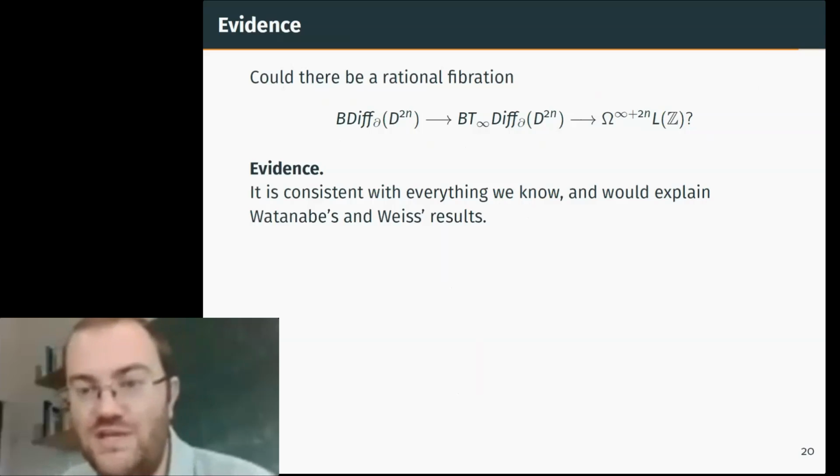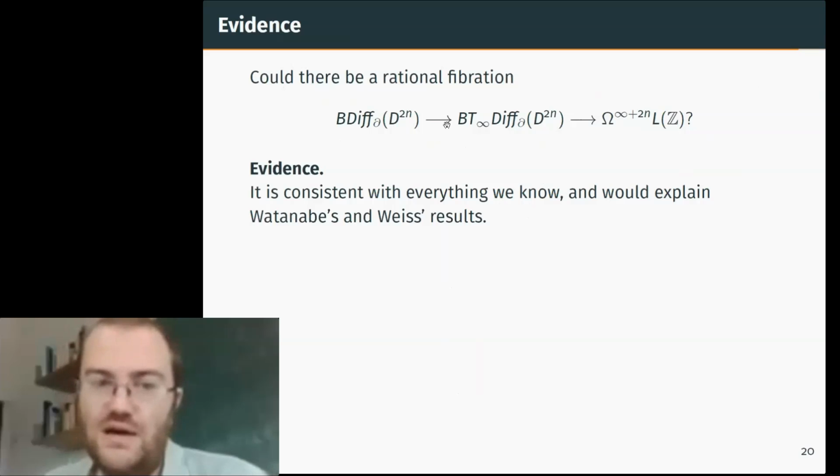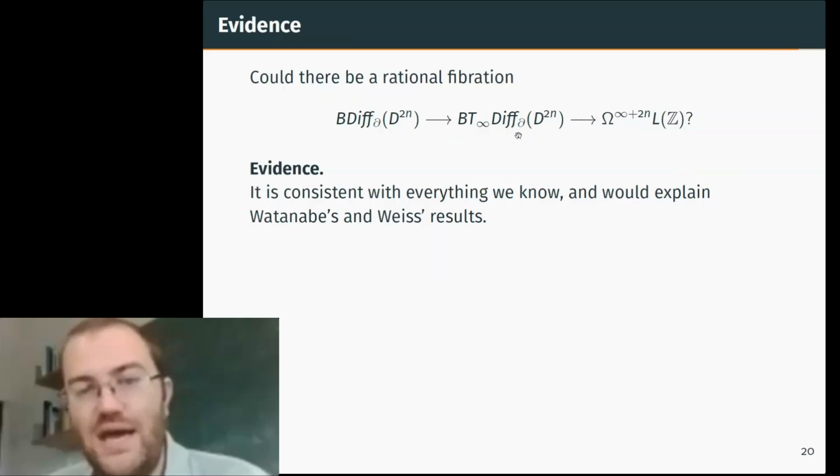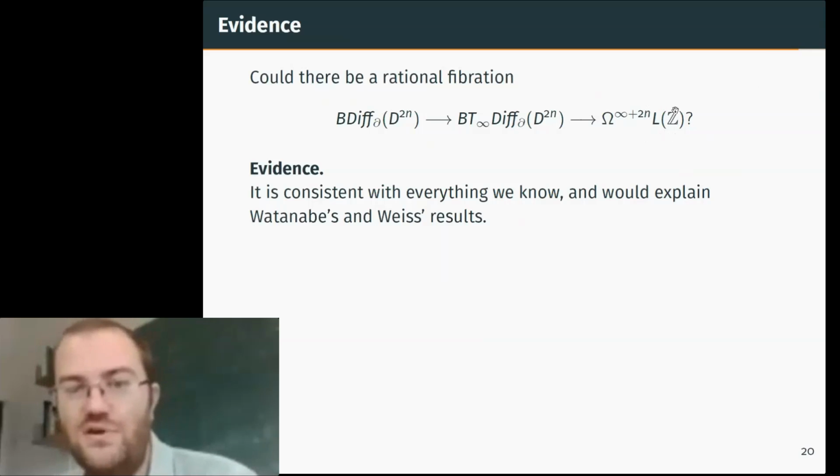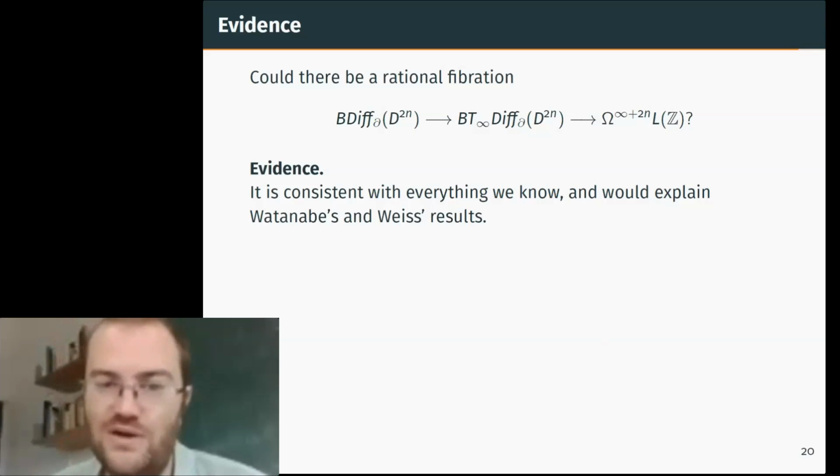It would explain Watanabe's results, because the theorem of Turchin, Willwacher, and Fraisse calculates homotopy of this approximation, and it has these graph cohomology classes in it. In fact, that's what it mainly consists of. It would also explain Weiss's result, because the classes here that don't cancel against these spurious classes that Fraisse, Turchin, and Willwacher find would come from behind and give Weiss's classes. And it fits with every other calculation that I know in this sort of area.